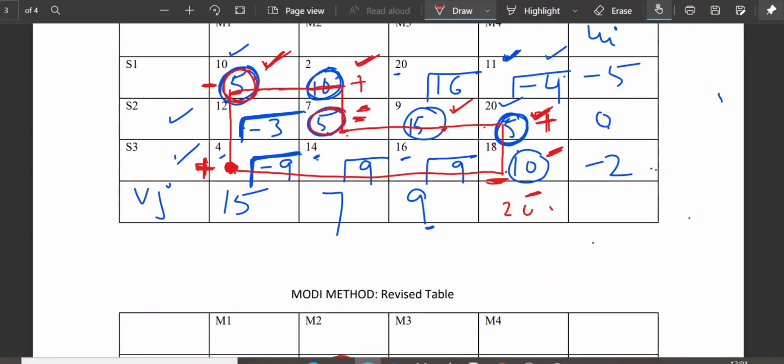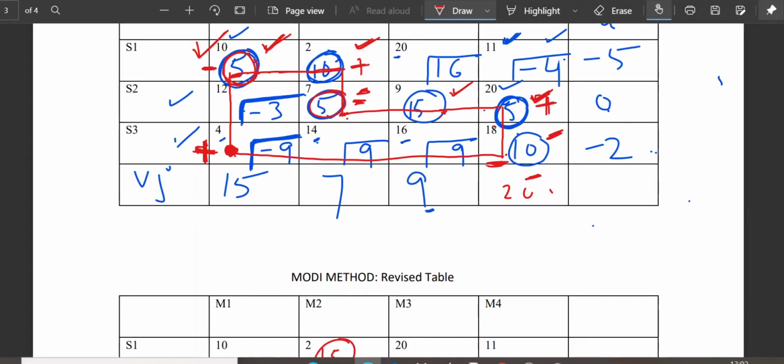I again repeat, what you do is you choose the smallest cell among the negative cells. Here it is 5. I have selected this 5, right? So I will add 5 to all the cells that bear plus sign, and I will subtract 5 from all those cells which bear negative sign. So come to this from where I have started drawing the loop. Here you will assign 5, and wherever you have selected 5, you will drop that cell. 5 minus 5, 0. You will not make it 0, because if you write down 0 there, then one cell will increase. Okay. So now at this 10, we have plus sign.